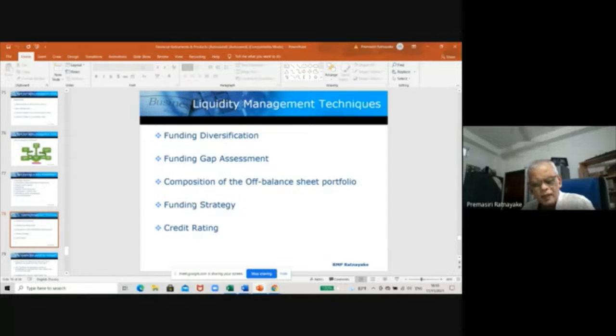Funding strategy, especially when there is a parent company who could infuse more and more capital into the business, then that's a huge plus point to the credit rating of the institution. The support of